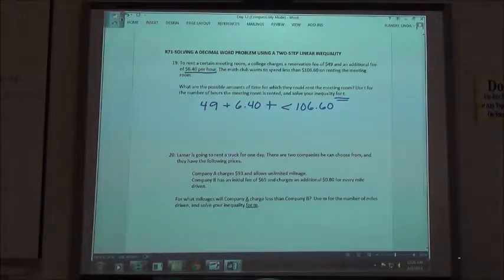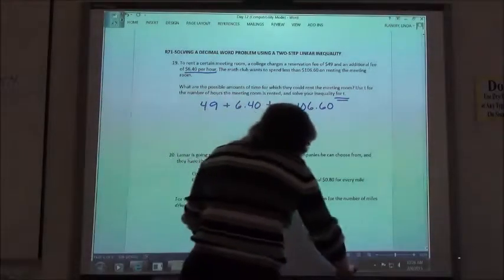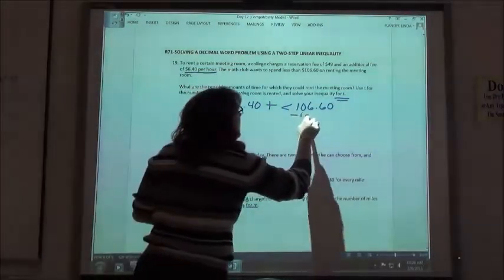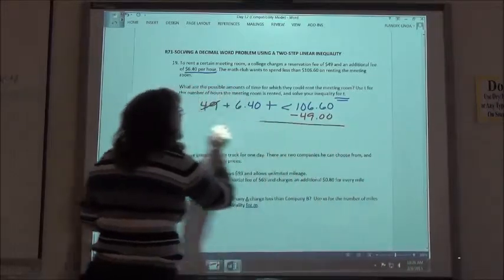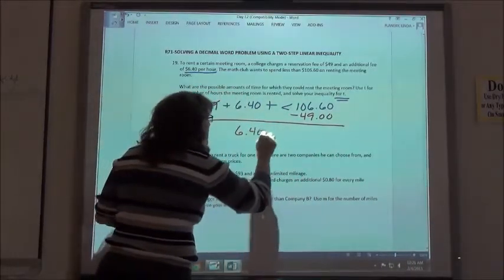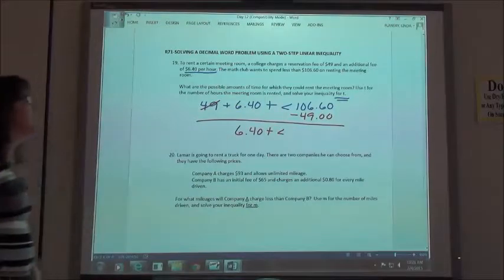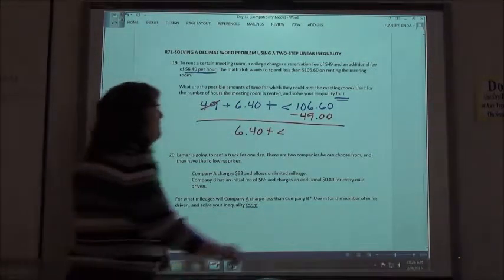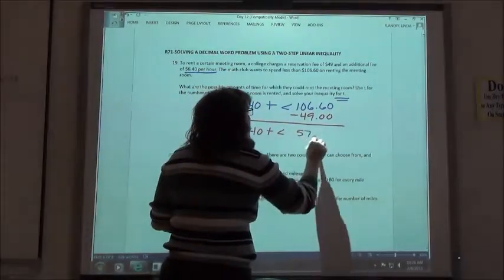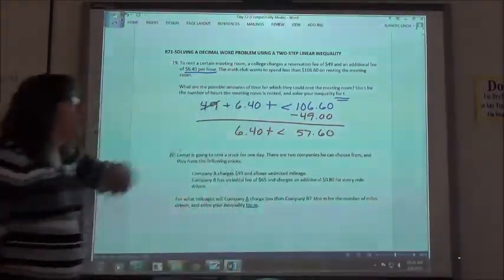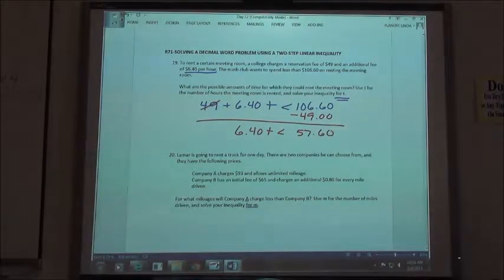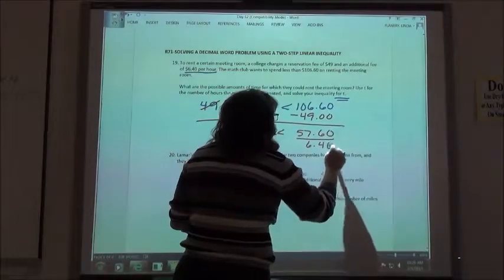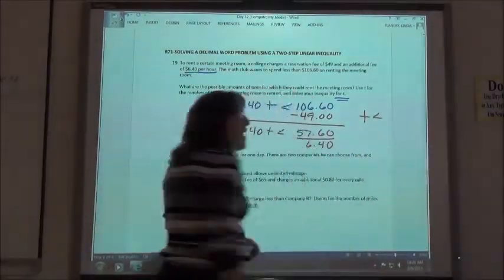I want to solve that for T. The first thing I should do is subtract the 49. I'm going to let you go ahead and do that with your calculator so I don't mess up my subtraction. So 106.60 minus 49 is 57.60. And then in order to solve that for T, I'm going to divide by the 6.40. T is going to be less than